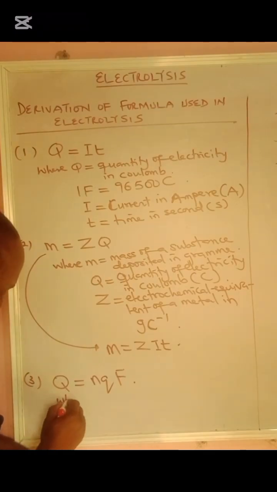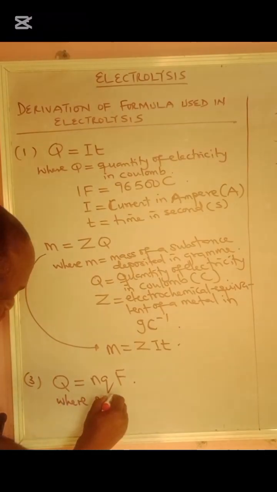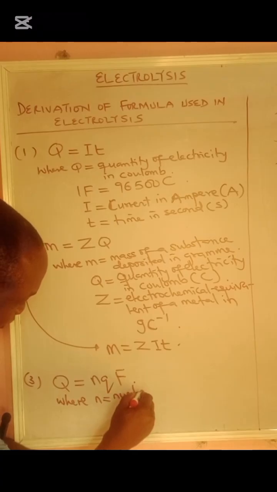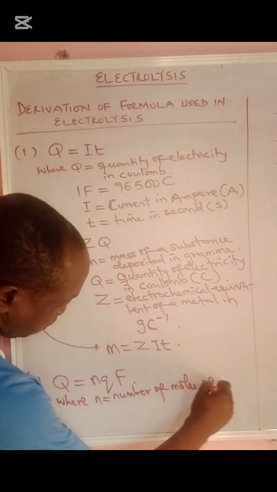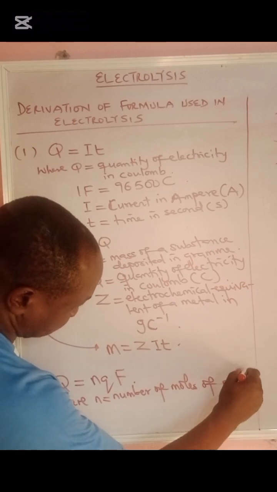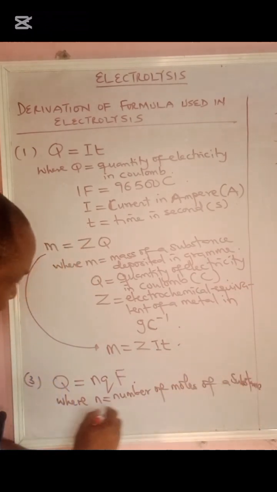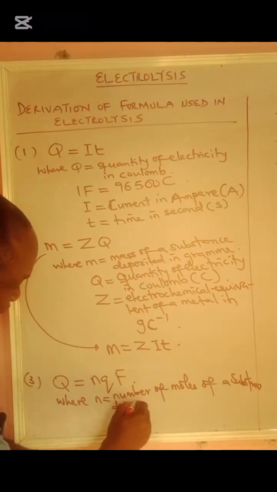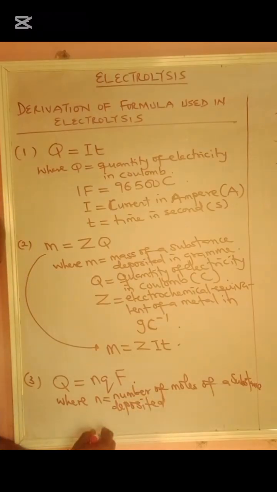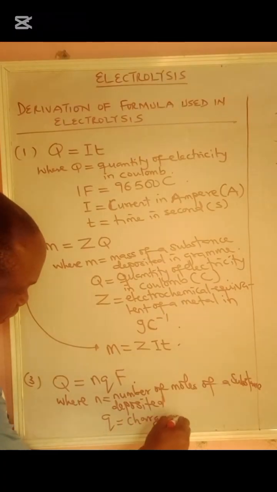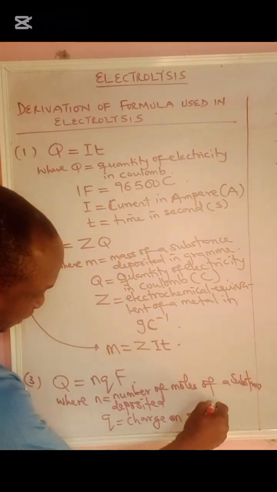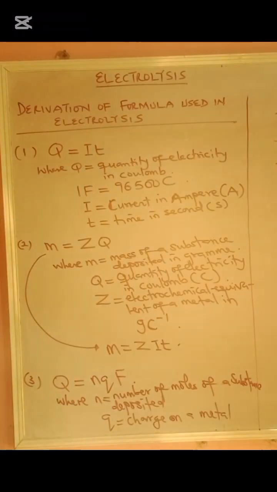So where N is equals to number of moles of a substance deposited at the electrode, while Q is equals to charge on a metal or on a substance, this charge. Where